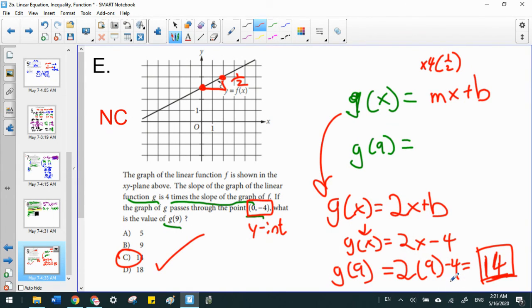And I know we got through that problem relatively quickly, but that's because we have